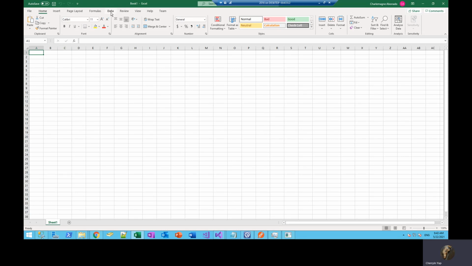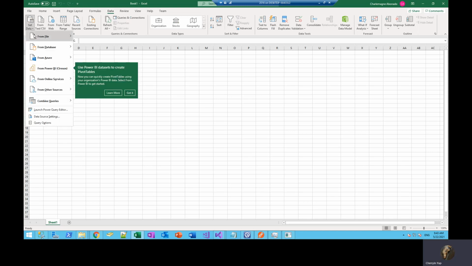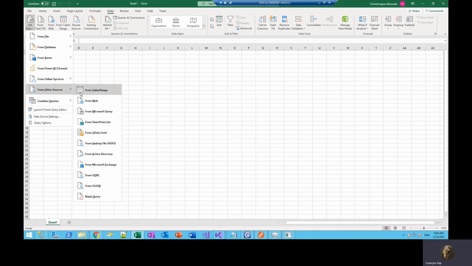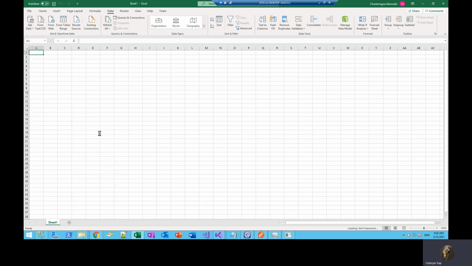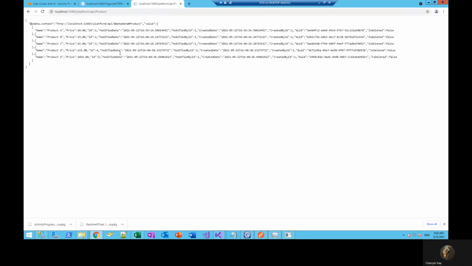And what we want to do is go over the data tab. And what we want from here is to set the source to an OData feed. And the feed that we want to add in is the portal platform's endpoint.